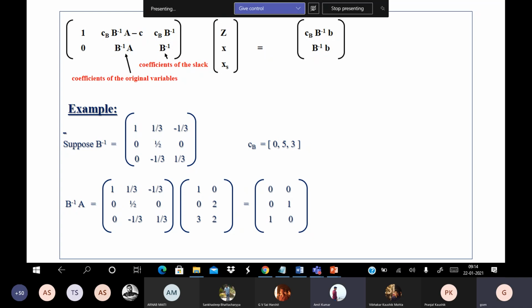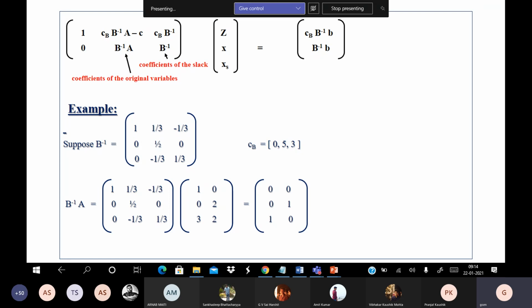How do you check optimality in the table? First of all, tell me. How do you check optimality in the simplex table? In the table, the coefficients should be either 0 or positive. Positive for the non-basic variables, right? Yeah, because for basic variables, it will be anyway 0. So here also you have to do the same thing. So you have to check the coefficients for the non-basic variables, right?